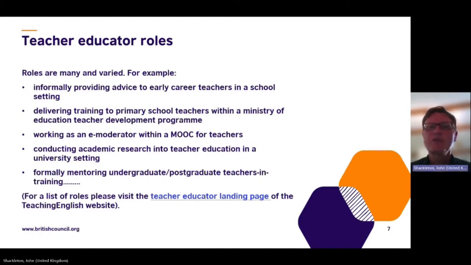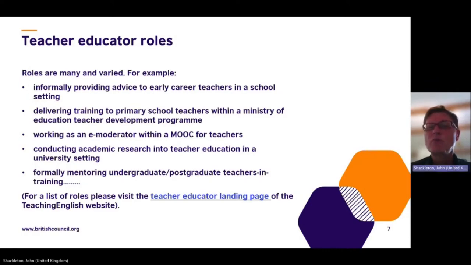So, as you can see then, and I think this is my first point, the role of a teacher educator can be very different compared to other roles performed by teacher educators. For example, an experienced teacher who's providing informal advice in a school to a new teacher. We would say that was a teacher educator. You can imagine the situation in the staff room, in their first week of teaching. There's a more experienced teacher who's saying, yeah, well, if you want to teach the present perfect, this is a good way to start.